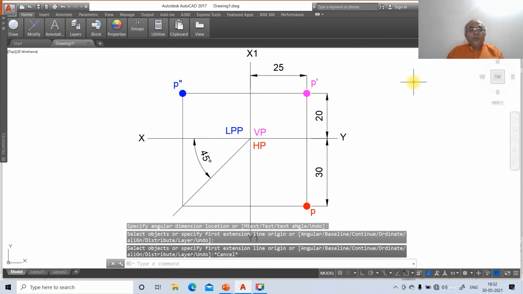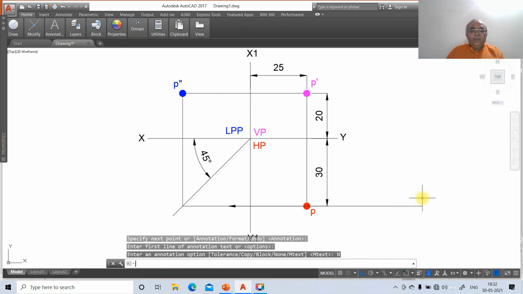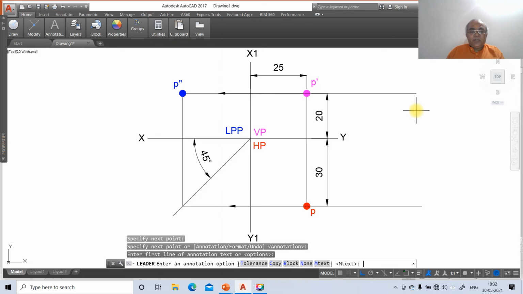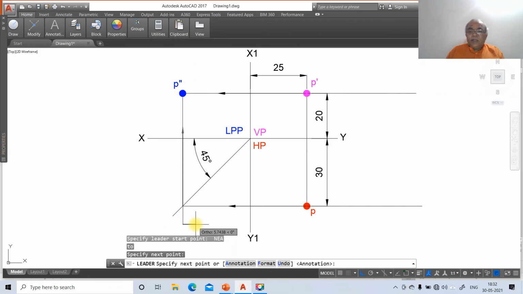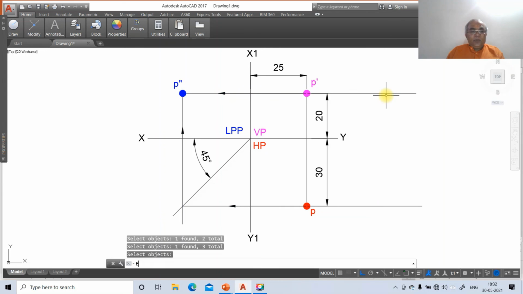Now once you do that, we want to go for leader. So projections, LEA, take nearest point and draw a horizontal line. So put the ortho mode, annotation, options, none. So go to leader, again select this, nearest point on this, draw this, annotation, options, none. Then go to leader, go to nearest, enter, select this line and then annotation, options, none. Then go to explode, select this line and you select this line. And then go to erase, erase this line and erase this line.